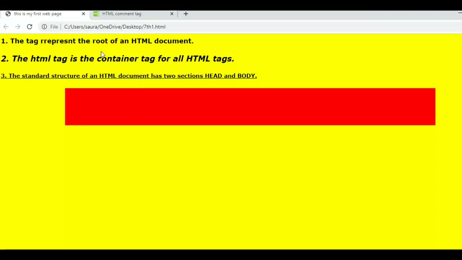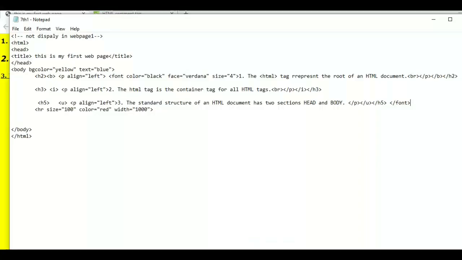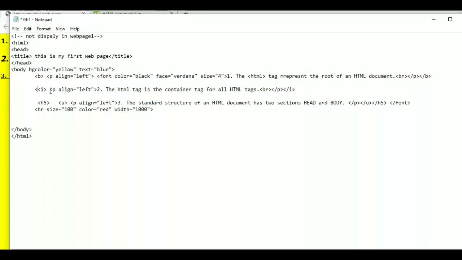The color is black, the font is Verdana, and size. Size must not be mentioned because there are 3 different headings. So let's remove the heading and then watch the fonts so that we can easily understand the size.